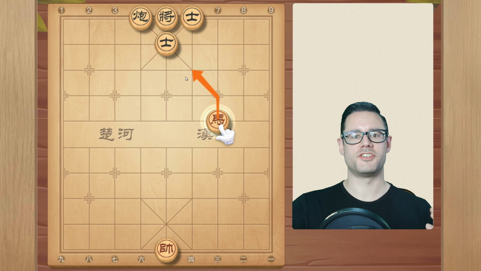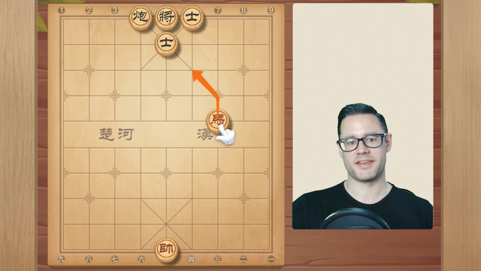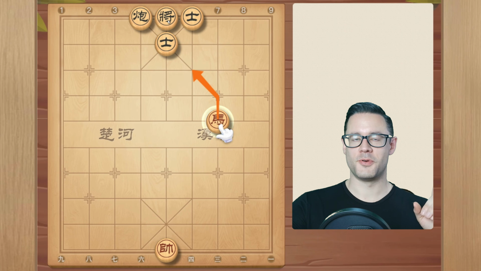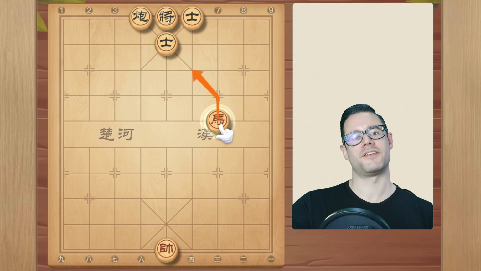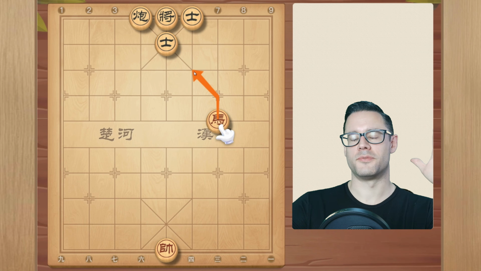So here's a case where the general is completely stuck. He can't move anywhere. He can't move left or right or advance forward because all of his pieces are in the way. And you might think, well, let's just move our horse here, because one space forward, one space diagonal, that would be targeting the general. He can't escape that, which is true, but not for the reason you probably think, because that line of reasoning alone forgets that there's an advisor here, which could take out the horse. But we're talking about the flying general rule.